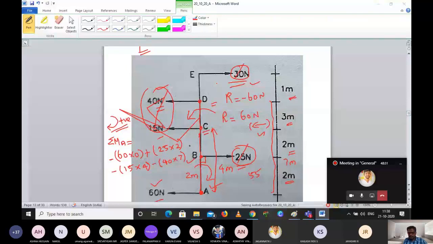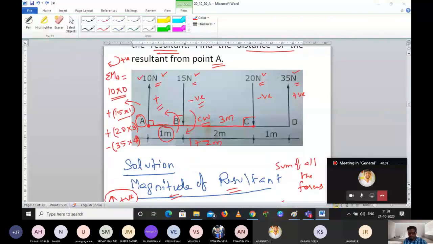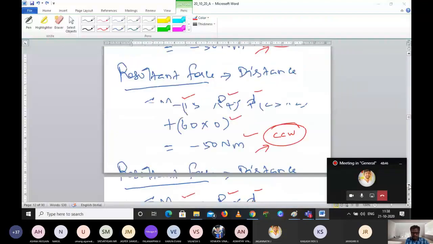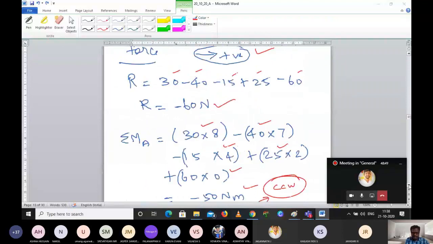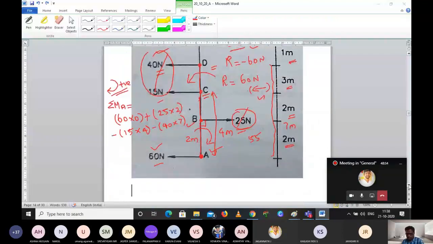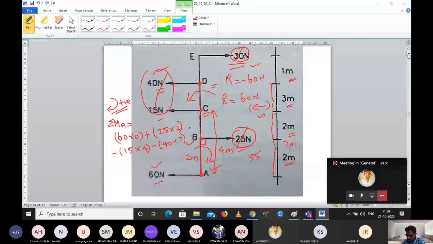Yeah, now it's clear. One minute. Which portion are we at now? Yeah, here. I explain in detail. The students who are understanding, you can refresh by seeing it. After that, what is the force we missed, guys? Any idea? We missed one more force. So 30 into 8. How is it rotating? Clockwise. The distance will be 8 meter.